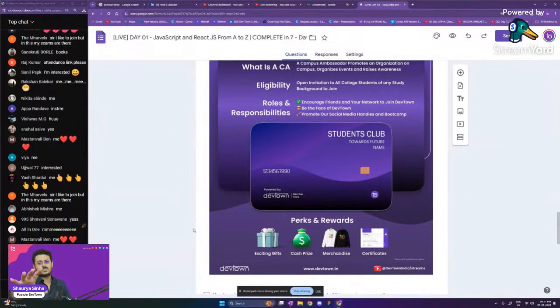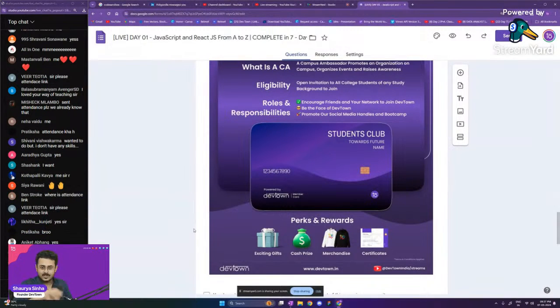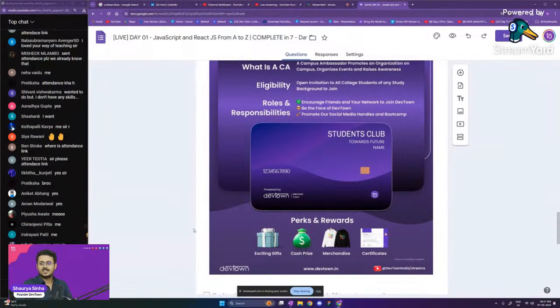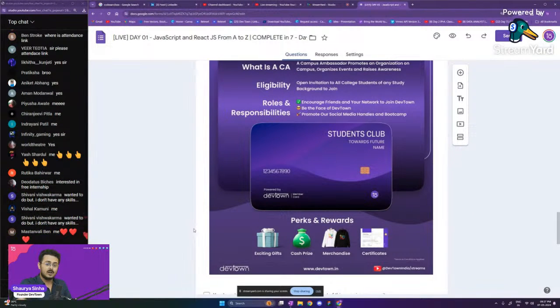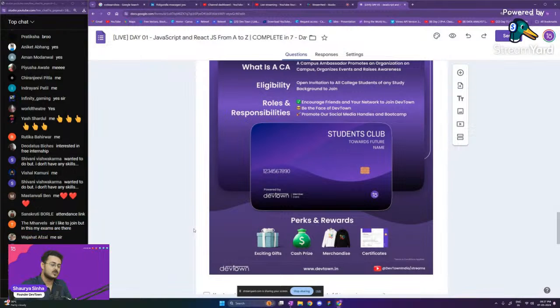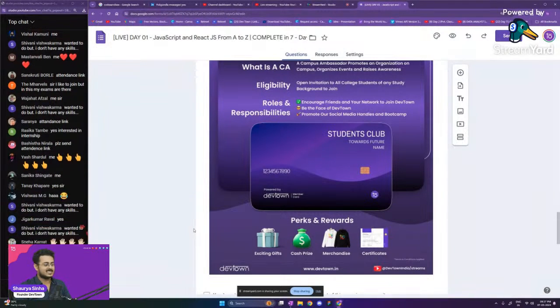For example, send us 5 memes related to programming. Send us 5 reels related to programming. Help us connect with your TNP officer itself. Help us connect with a club from your college itself. A simple task will be given to you guys. If you're able to complete that task, you are onboarded as a citizen.